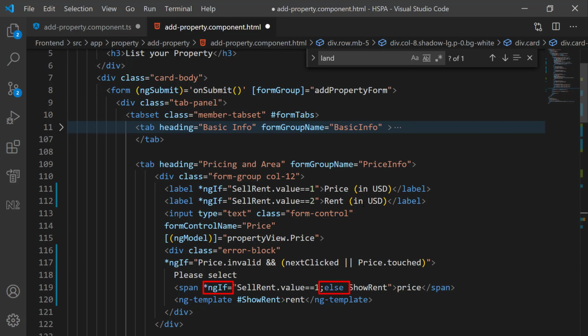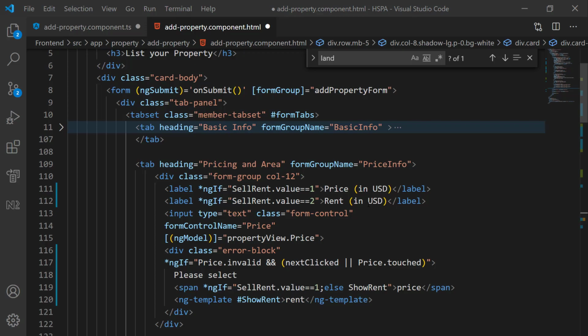To use this else part, we need to define a ngTemplate tag and give it a name. And here in the else part, we can provide this template variable name to display that particular template if the ngIf part is not true. Personally, I do not prefer using this style of ngIf statement, but I thought to give you an idea so that you should be aware of this flavor of ngIf statement as well.